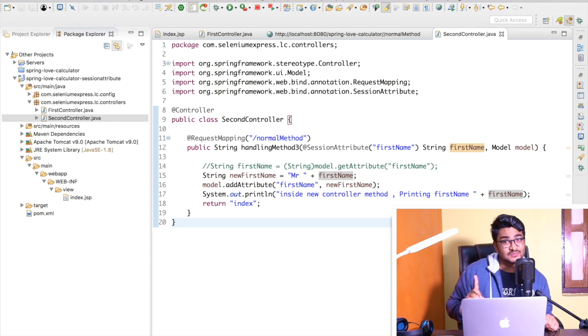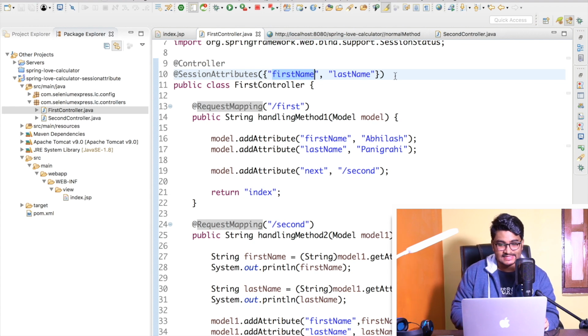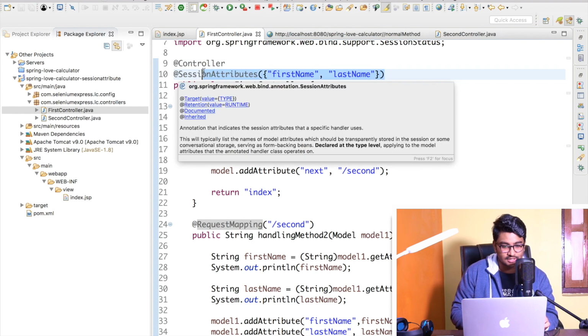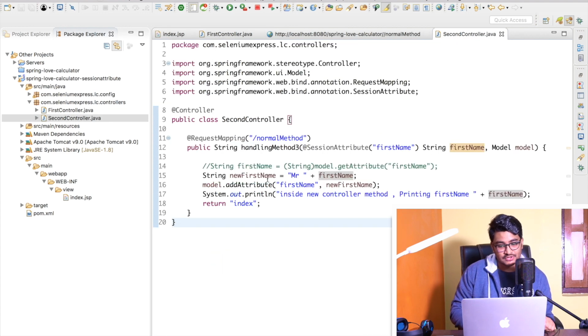Okay, but why are the Spring people telling us not to use it, or to be very, very sure whenever you are using add session attribute? That's because imagine a scenario: if I go to the first controller, one developer has written session attributes right here. So if you are just working on a task, you have seen that, okay, session attributes is just right there. So this particular attribute will be there in the session. So you are trying to retrieve it right here inside the second controller and doing some business operation right here. But imagine that